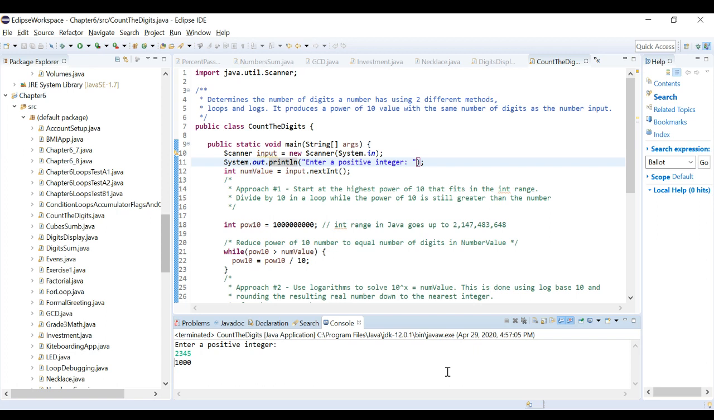Sometimes it's handy to be able to determine how many digits a number has. And in the case of the problem we were doing called DigitsDisplay, you need to know the power of 10 corresponding to the number so that you can divide by that and extract a digit. So given a number like 2345, the corresponding number that you would want to divide by to get the